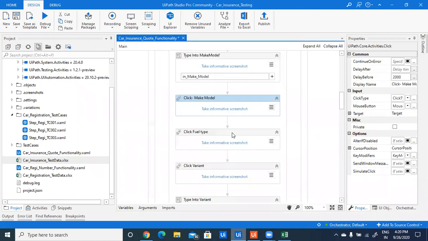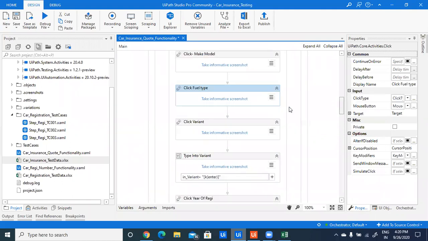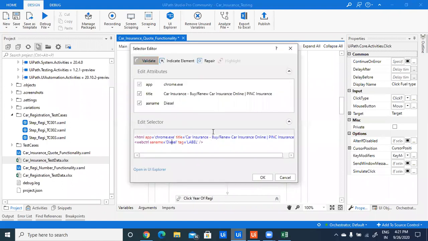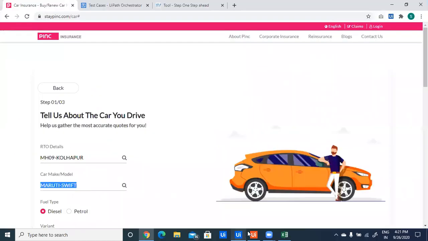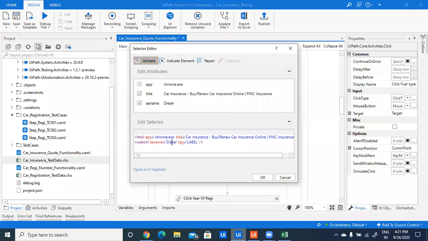After that, click on fuel type. Here I have clicked on diesel. If we want to click on petrol or another option, we can pass the variable in the AA name. By default it will click on diesel. If we want petrol or some other option, we can create a variable and pass the argument or variable in this AA name.